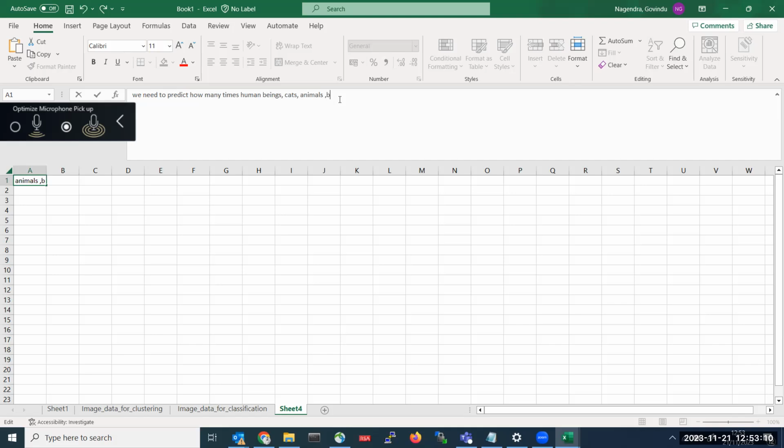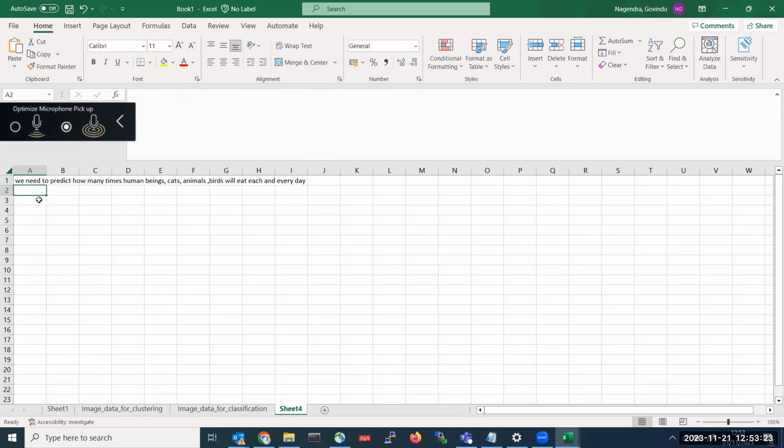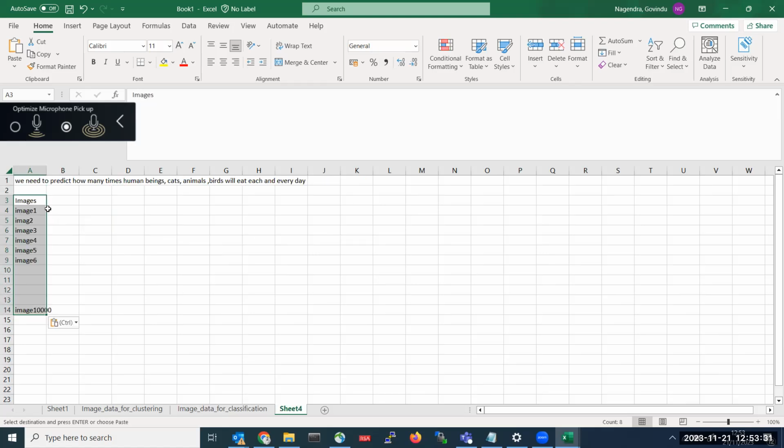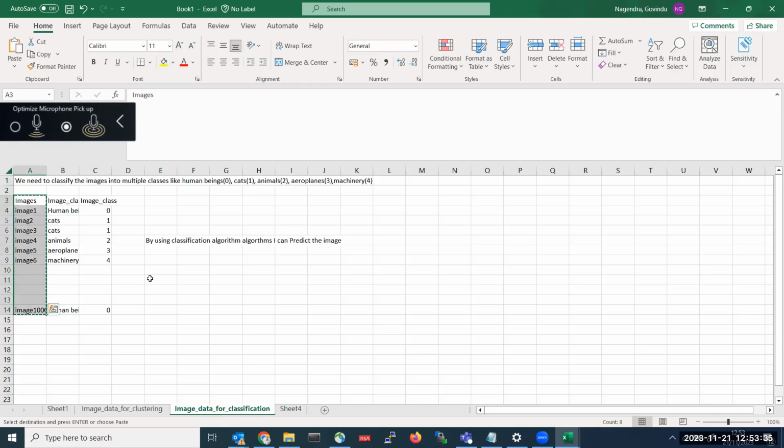Let us take birds also. We eat each and every day. This is the problem statement. The same problem statement, we will be taking images. By seeing the images, I should tell how many times they are eating.